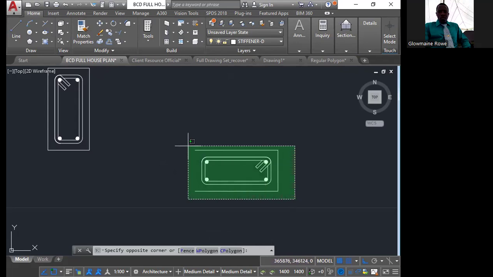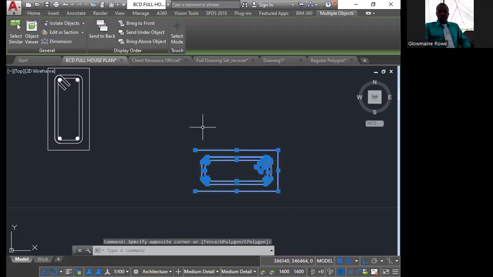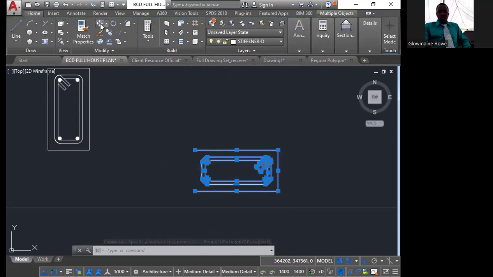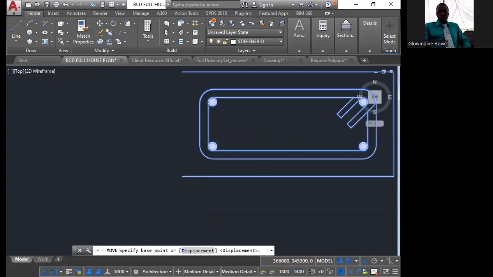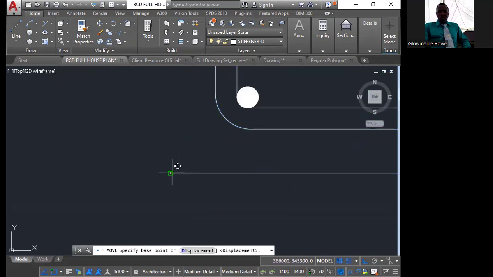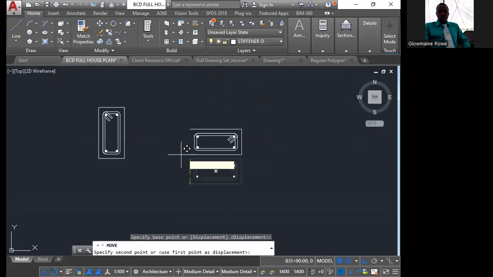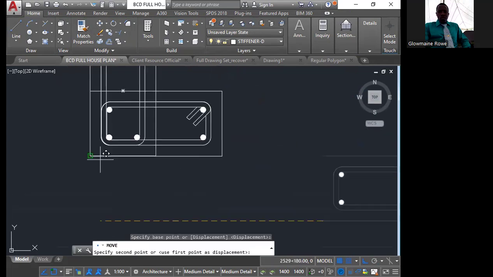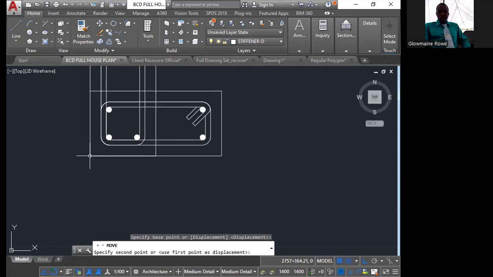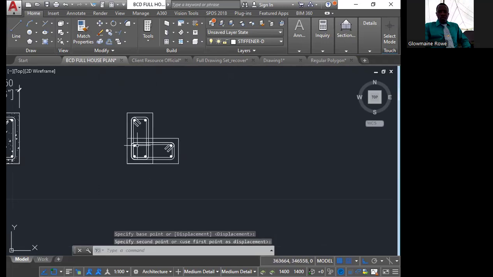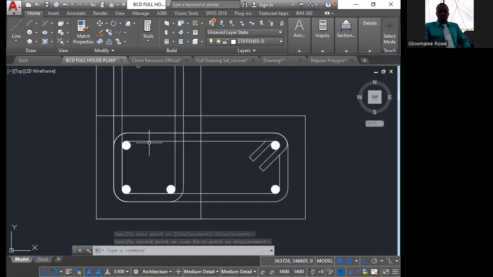Now we're going to highlight the entire thing. Select move. I'm going to hold it by this part here. Right up so you can see it. Hold it by the end here. And we're going to paste it right at the lower left edge here. And then we're just going to trim up